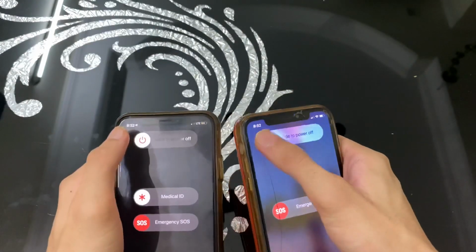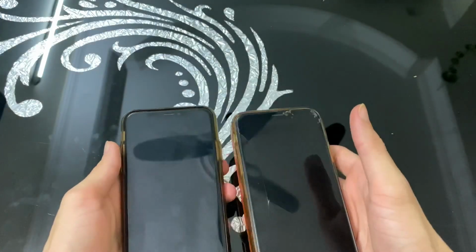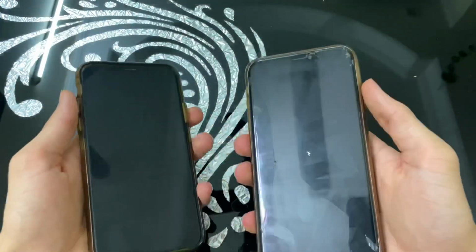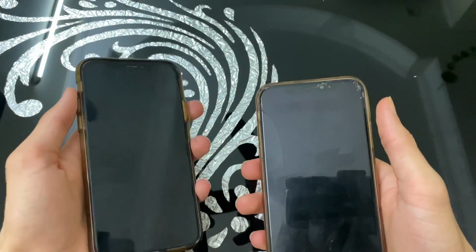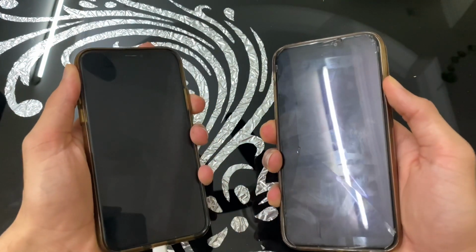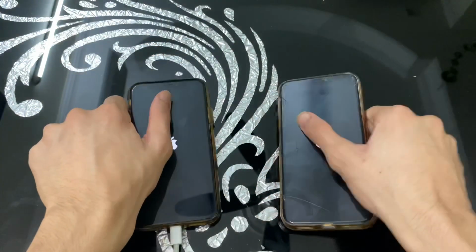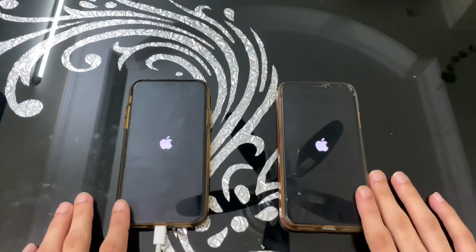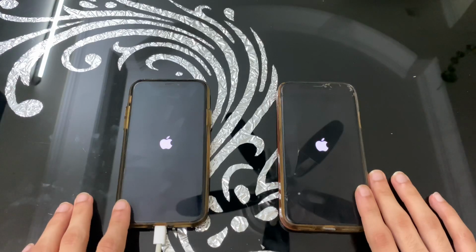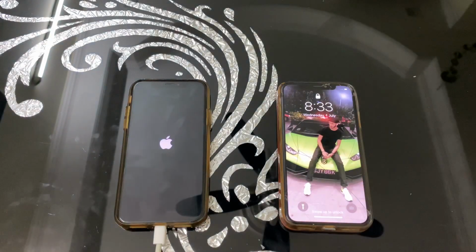So let's turn them off. As you can see, the iOS 14 booted up way faster than the iOS 13.